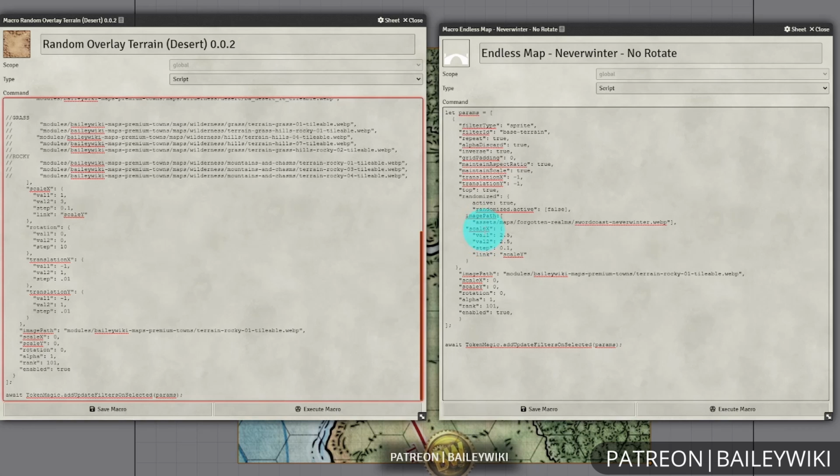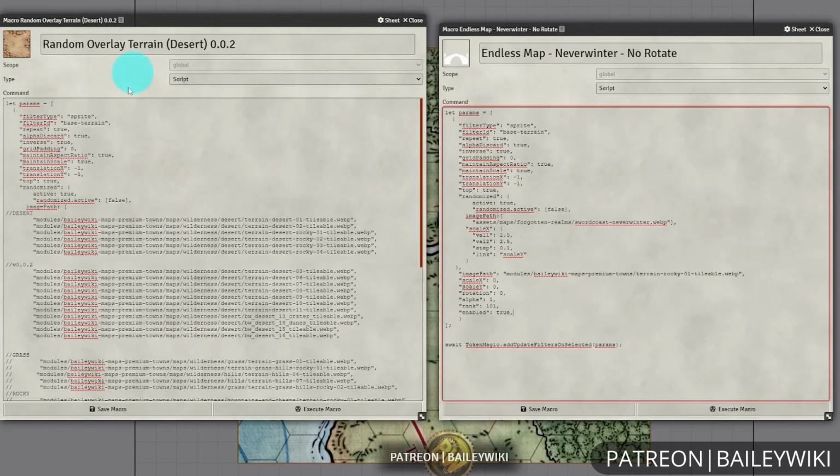And then the scale option is basically the zoom function. So we're going to zoom in 2.5 times on this. And I have both of these set to 2.5. So it's going to always be the exact same level of zoom as well. If you have different values for this, it'll randomize it, and then you can adjust the step for how random it will be or how granular you can get there. And we're linking it to the Y scale, so you're zooming it in at the same aspect ratio. And then down at the bottom is basically just your control to make sure that the image is centered and everything. So you can check out the random overlay macros in the BaileyWiki nuts and bolts module,